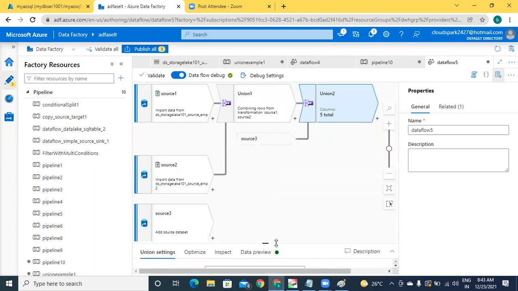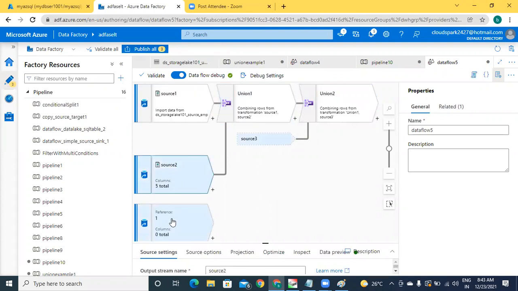Now check the connection, please. All of you, please observe. Please reply to me in chat. Sir, how many rows are there at union 1, sir? Please answer me in chat. Think that here 100 rows for source 1, 100 rows for source 2, 100 rows for source 3. Total 300 rows.